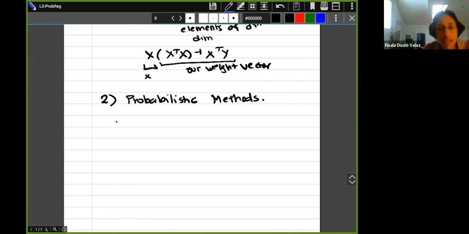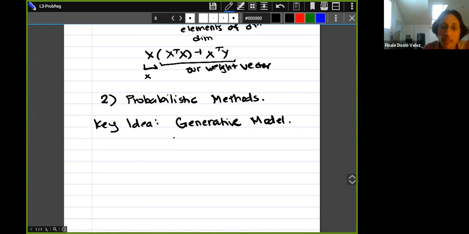And that's the kind of key idea, this idea of a generative model. And a generative model you can think about as a story for how the data